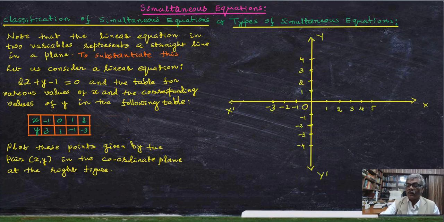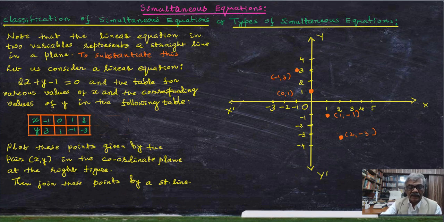Here we are considering the coordinate axes XOX' and YOY', and we have demarcated the units 1, 2, 3, 4, 5, etc., and -1, -2, -3, so on and so forth. Similarly on the y-axis also. With the help of this coordinate axis, we can plot the points here